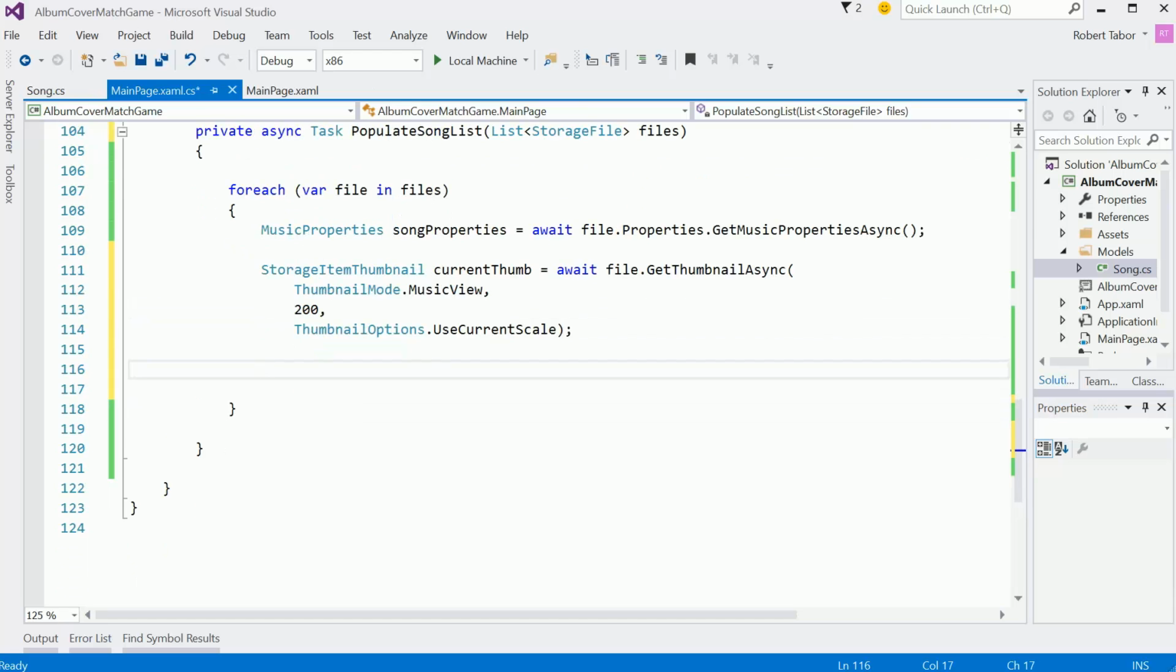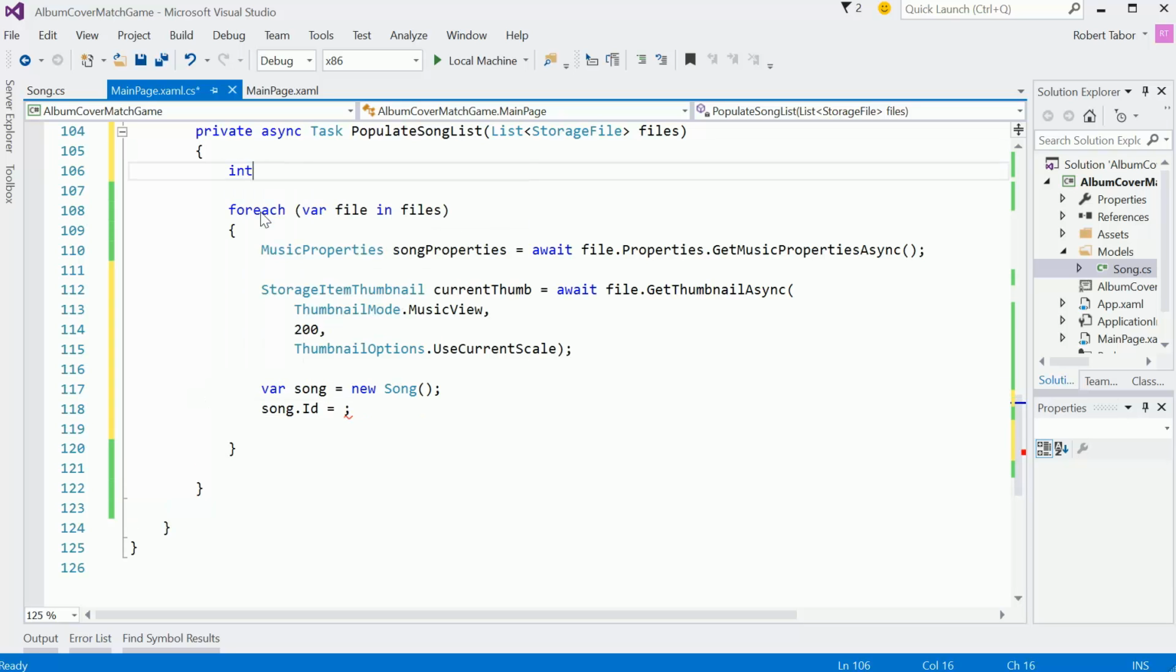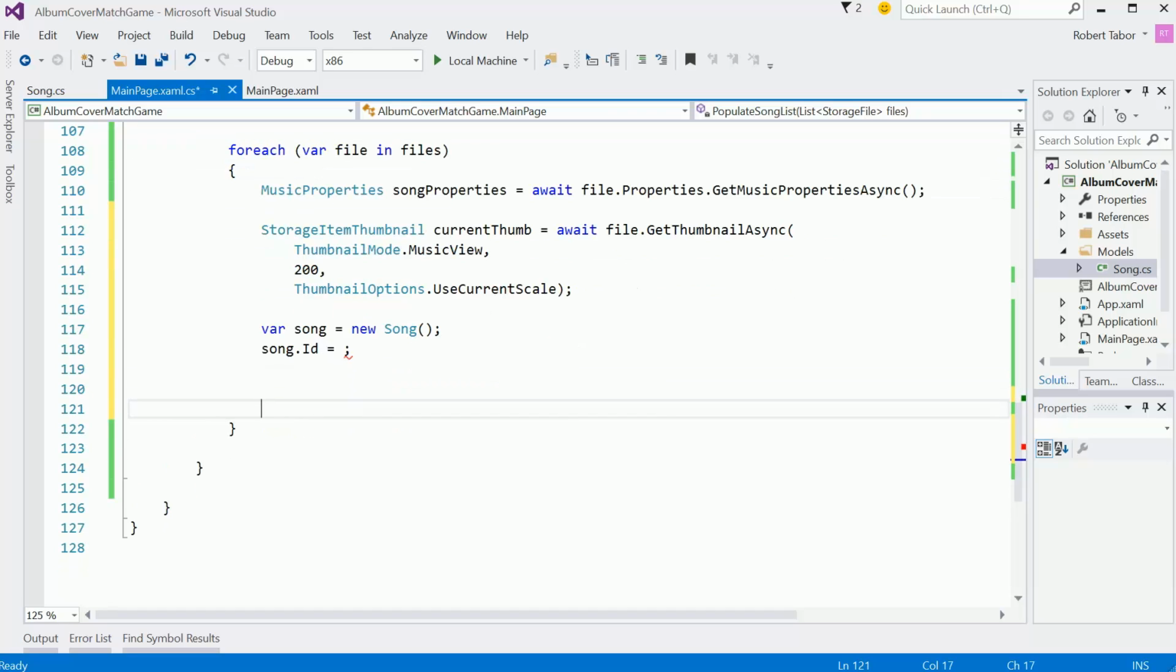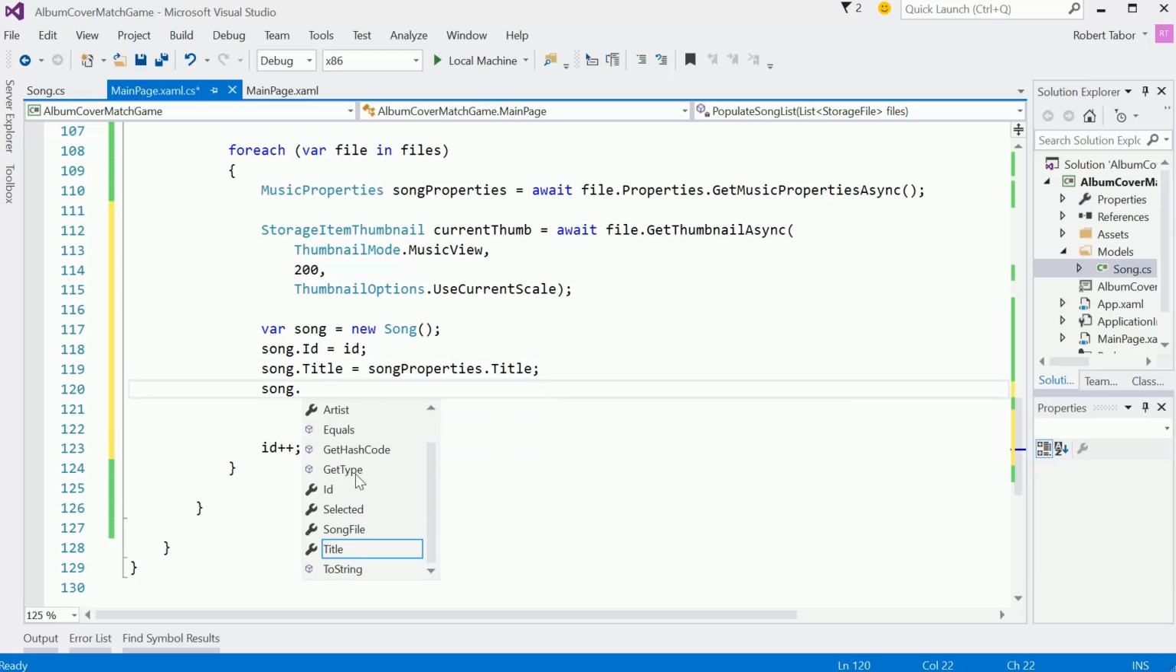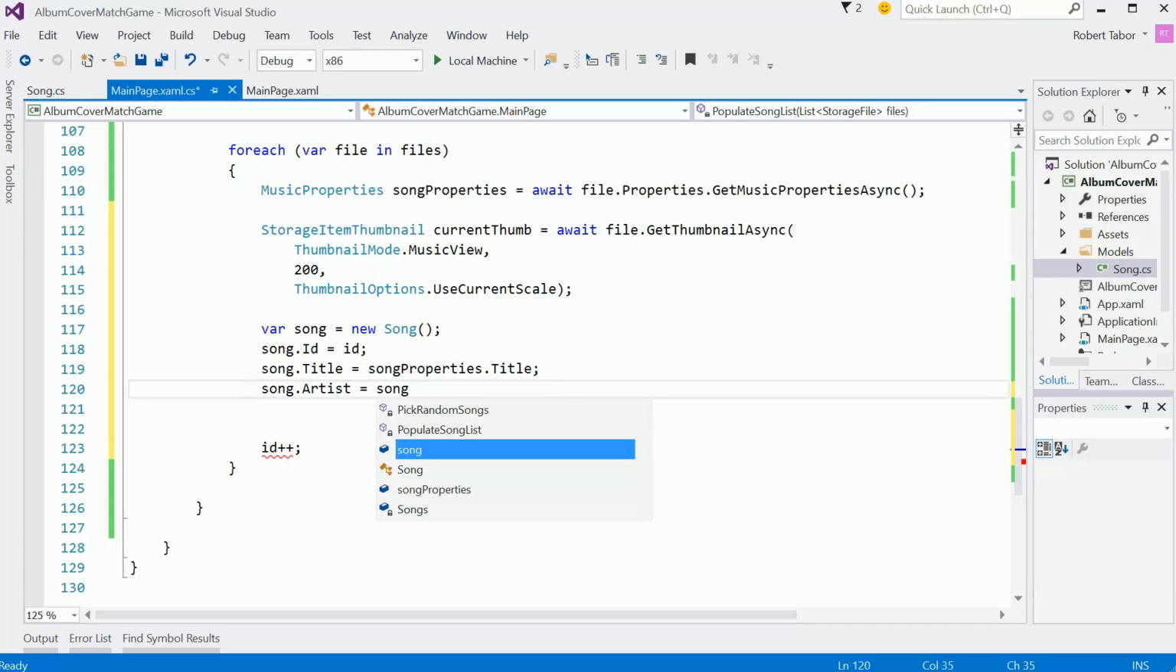Great. Okay, so let's go var song equals new Song object, and now we want to start populating things like the ID equals. We need to grab an ID, so let's just create int ID equals 0, and then we'll just increment that here at the bottom of every iteration like that. So the song ID will be just that, ID, song.Title equals songProperties.Title, song.Artist equals songProperties.Artist,